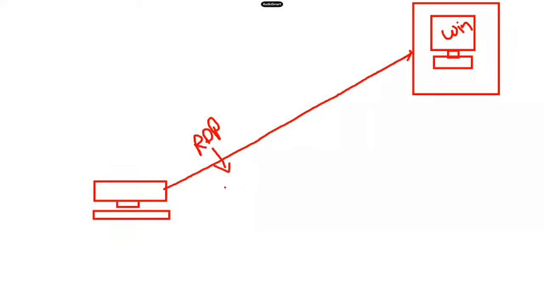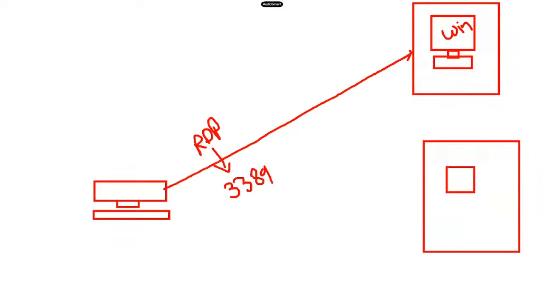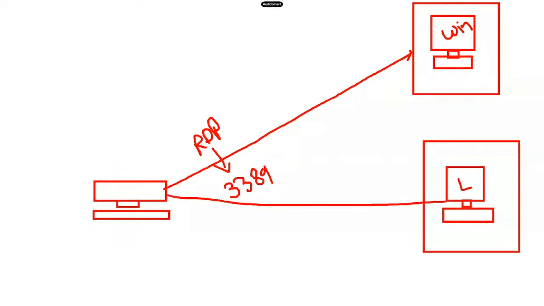Could you please let me know the port number for RDP? 3389, yes. For example, on Microsoft Azure Cloud I have deployed one Linux machine and want to connect from my laptop. Here we have to use SSH, Secure Shell. What would be the port number for Secure Shell? 22.